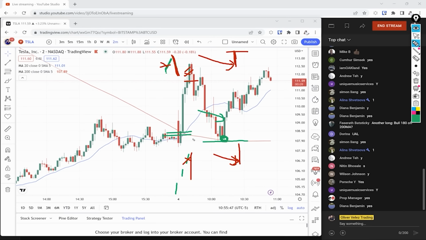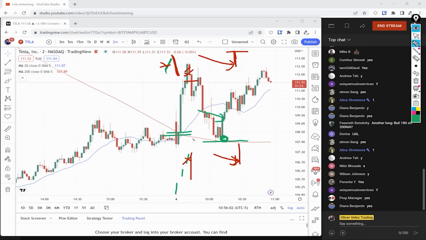You should draw little pictures on a piece of paper, all 4 scenarios. There's only 4. 1, 2, 3, 4. Well, there's 6. 1, 2, 3, 4, 5, 6. There's 6 scenarios, 2 long, 4 short. You should draw pictures. And each time you're ready to take a trade, you double check, is this one of my 6 pictures? If it's short, is this one of the 4? Long, is this one of the 2?